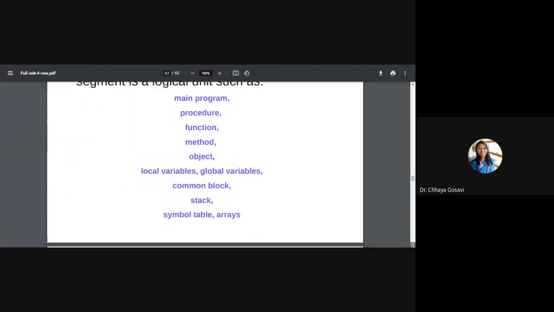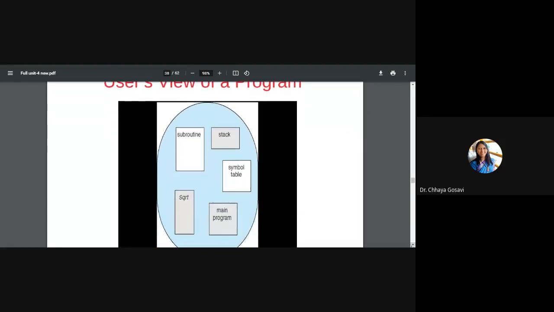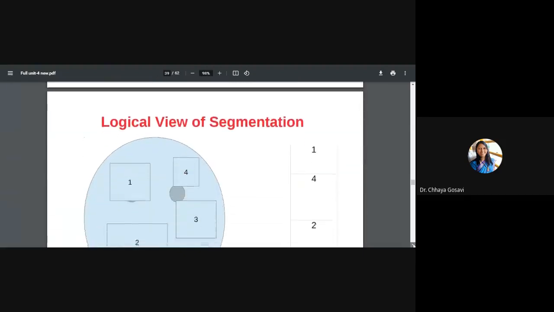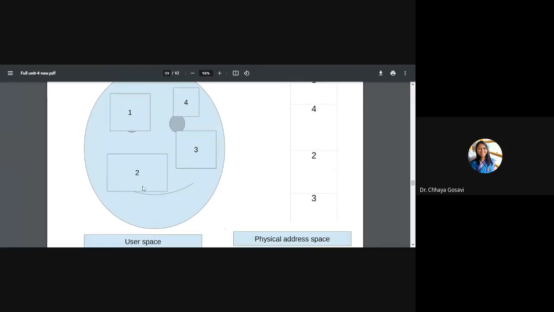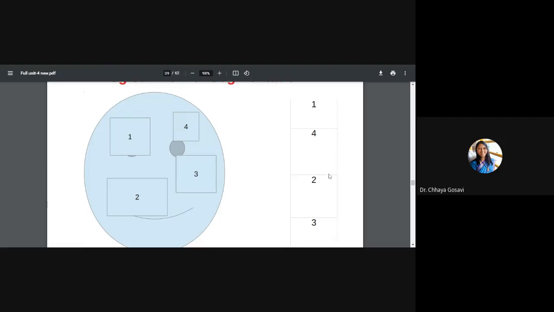We also saw the concept of segmentation. In the case of paging, logical memory is divided into equally sized blocks, and even physical memory is divided into equally sized blocks. But in the case of segmentation, the process or program is divided into logical blocks. The size of segments may not be the same, and when we load into main memory, it can be loaded as per the size. A complete segment should be loaded in main memory at a time.